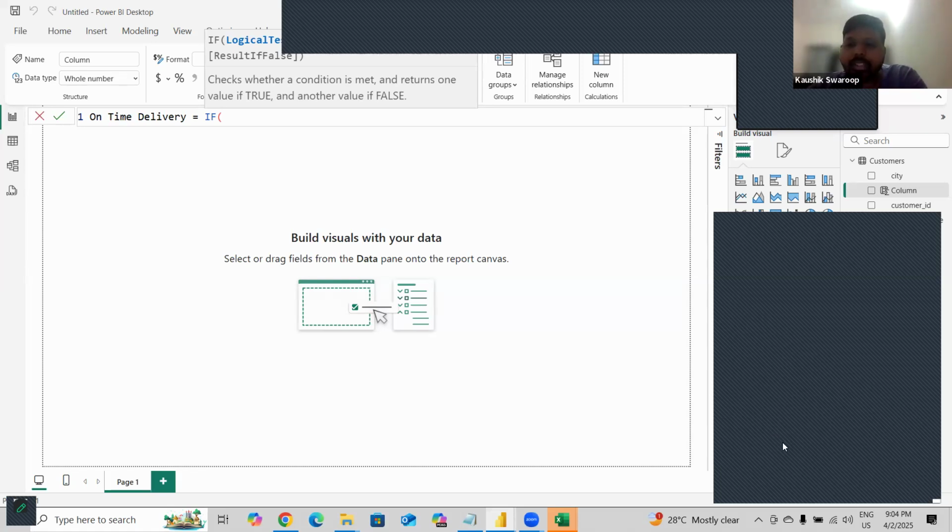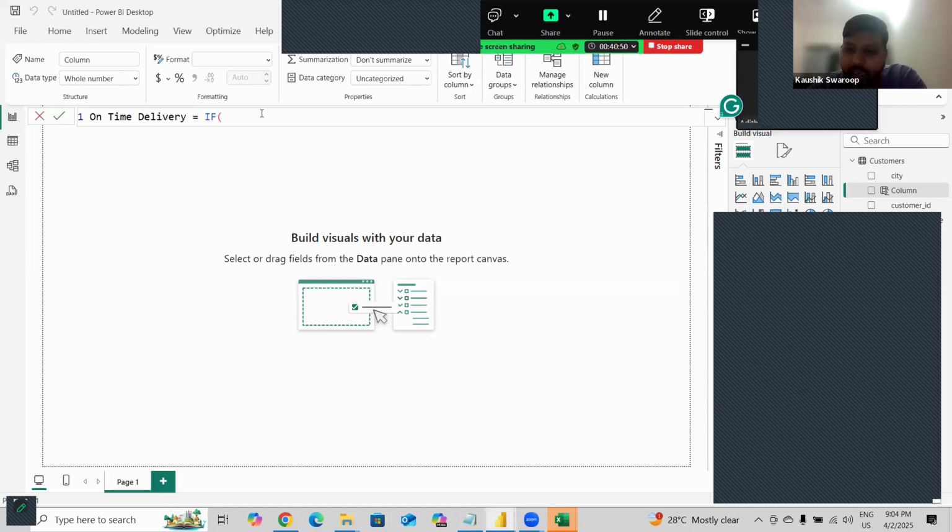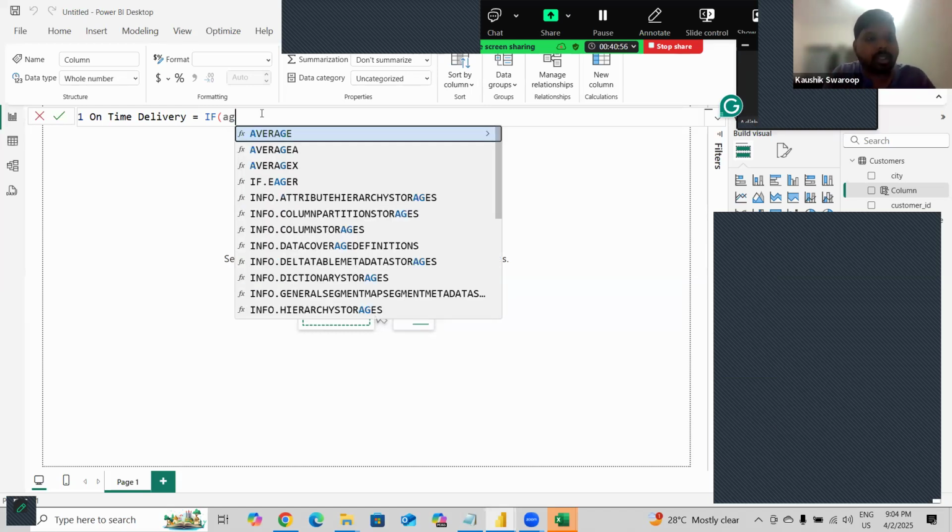Anyone, can you tell me what is the logical test? What should we give here in the logical test for this on-time delivery? Whether the agreed time and the actual time are same. I'm not going to subtract. I'm going to check whether they are equal. So I would say,